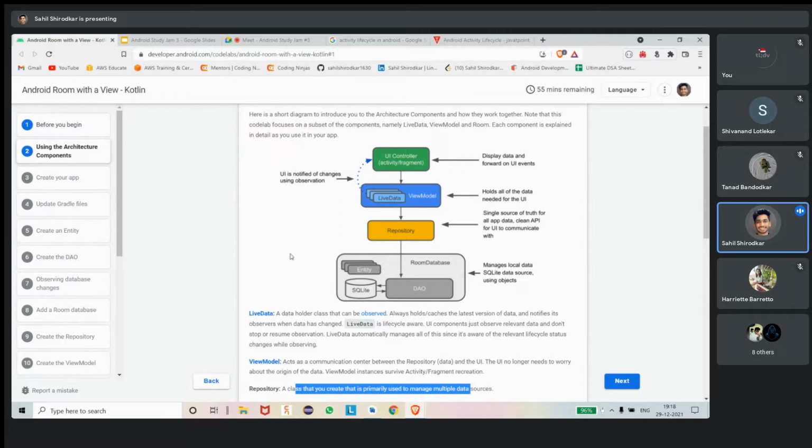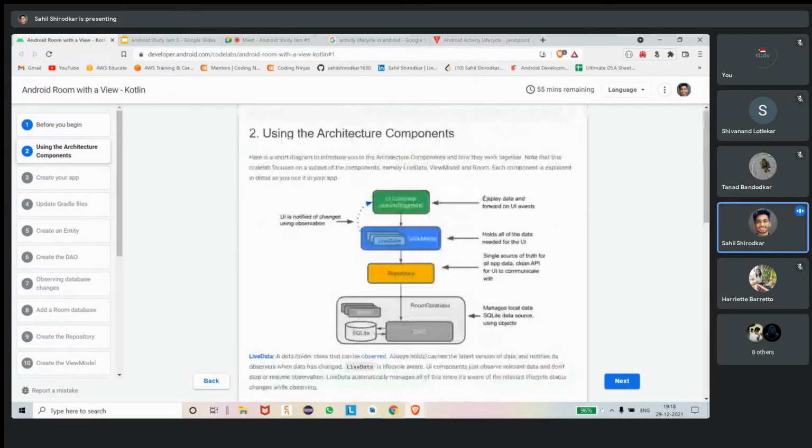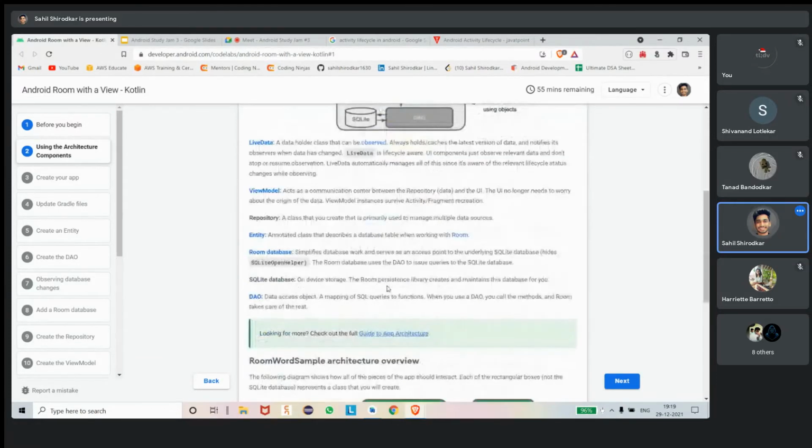That means, let's say it's also making a networking call here, it's also interacting with the database, and it's getting all the data in the repository. And that data in the repository we are storing inside the view model. Yeah. So this is the whole architecture. We will make one class for each thing, that is one class for main activity, one class for view model, one class for repository, and a room database. So let's move to the room database now.